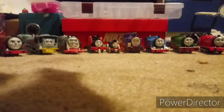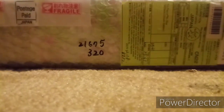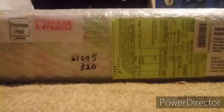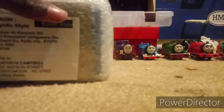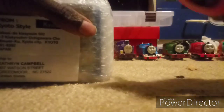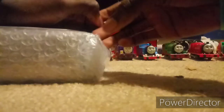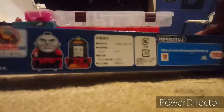Today, that just came in the mail, is this. I just recently got a package from Japan. You know who it is by the title, but I'm going to unbox them anyways, here. So there it is. Plarail, Hurricane,